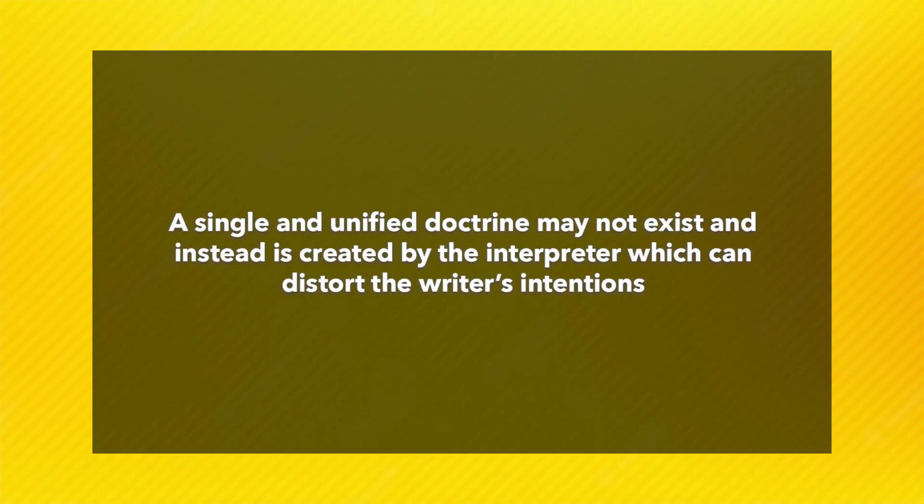Instead, Skinner argues that this assumption can lead to an oversimplified understanding of historical texts. He emphasizes that there are multiple themes, principles, and doctrines within a single text. These principles and doctrines can be conflicting with each other. However, such contradictions should simply be understood as the multiplicity of ideas, themes, and concepts that the writers addressed. Thus, a single and unified doctrine may not exist and instead is created by the interpreter, which can distort